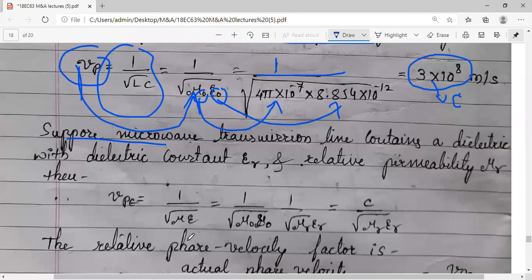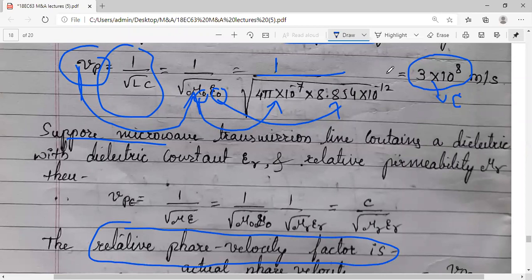And the second frequent question is derive the expression for propagation constant, attenuation constant, phase constant, that is gamma, alpha, beta, wavelength lambda, and directly velocity is not asked. They ask relative phase velocity factor. If the question is a sub question, one of the parameters to be calculated is relative phase velocity factor. For that,